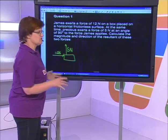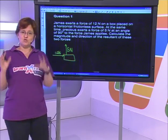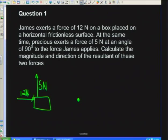If we had to draw this as a free body diagram, just including the forces that Precious and James are exerting on the box, what we have there is James going in that direction, and Precious going in that direction. So there's my 5 newtons. Let's make it so that you can read it. 5 newtons, and there's my 12 newtons. And we go, okay,